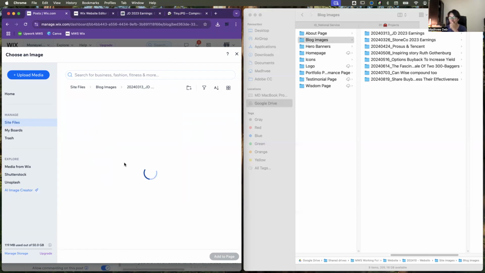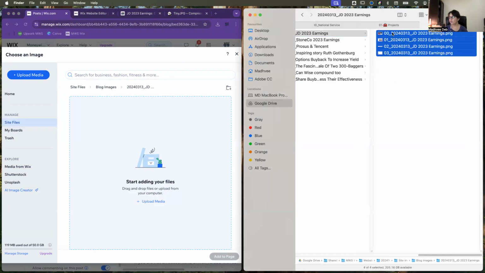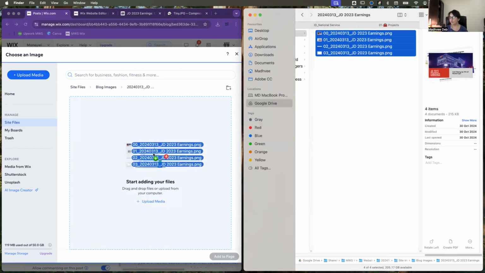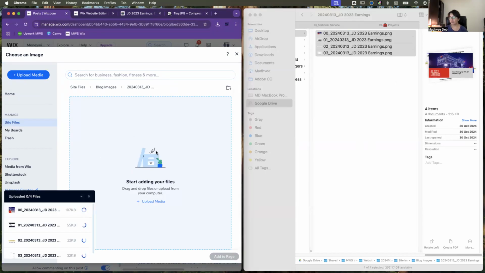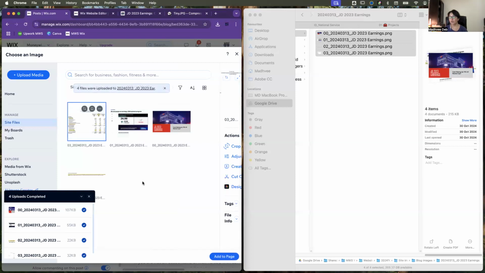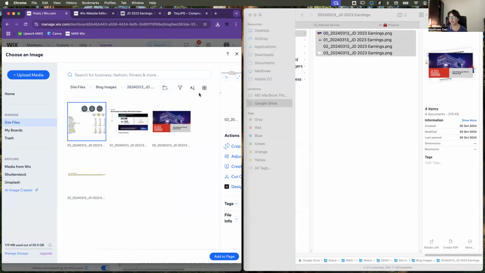And once the folder loads, we will upload the media. You can click on upload media and select the files from where you have saved them. Alternatively, you can also just drag and drop the images, whatever makes you feel comfortable. Now, this is up to you, but I like just going here and arranging the images